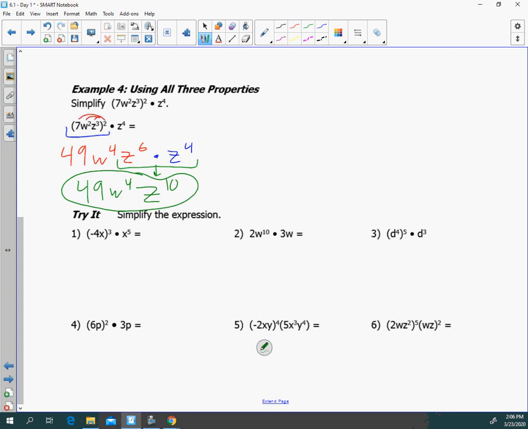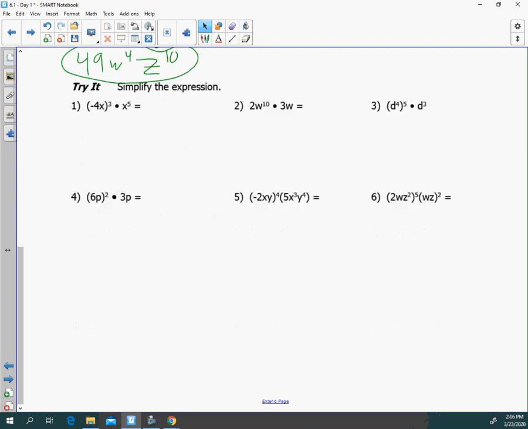Okay? We can make some pretty intense problems this way. They look kind of crazy and kind of weird, but if you know how to add and multiply tiny numbers together, you're going to get these answers. You're going to ace it. Okay? So these are try-its. I'm going to go through them fast, and then we'll call it a day for this lesson,